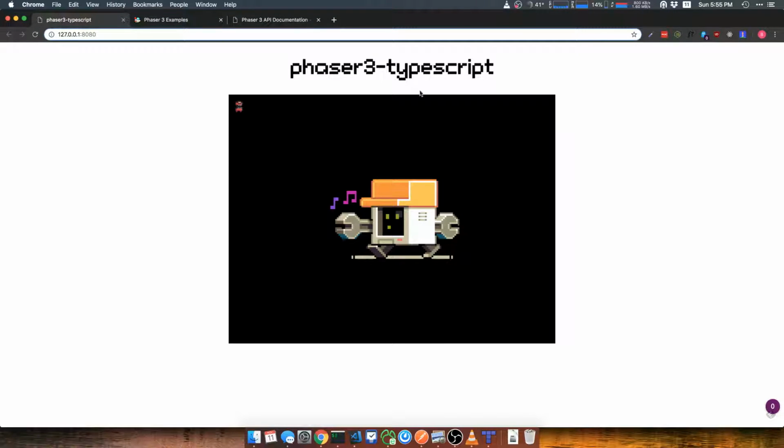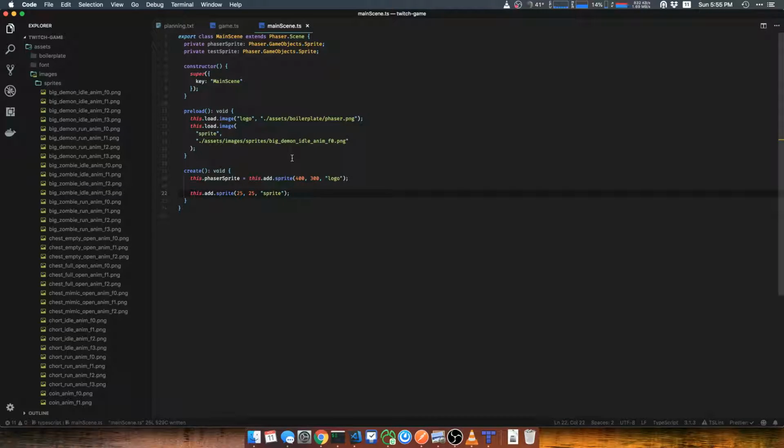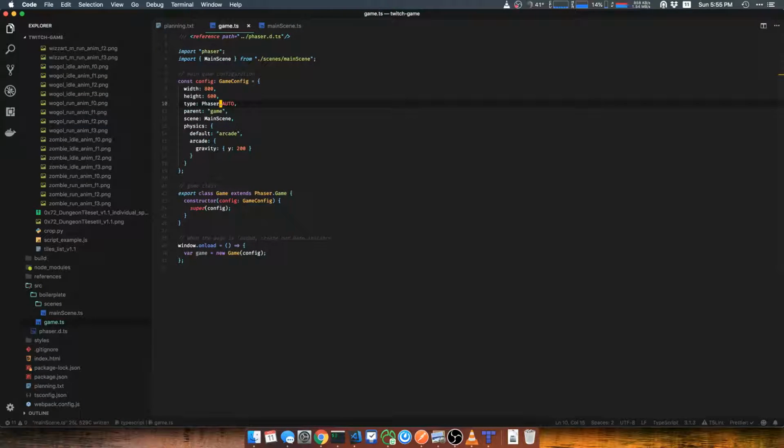Yeah, so it comes in there. It looks like the way the game is set up is this black box is the actual game area, the game canvas. So let's see if we can modify that. Parent game, main scene. I wonder if,